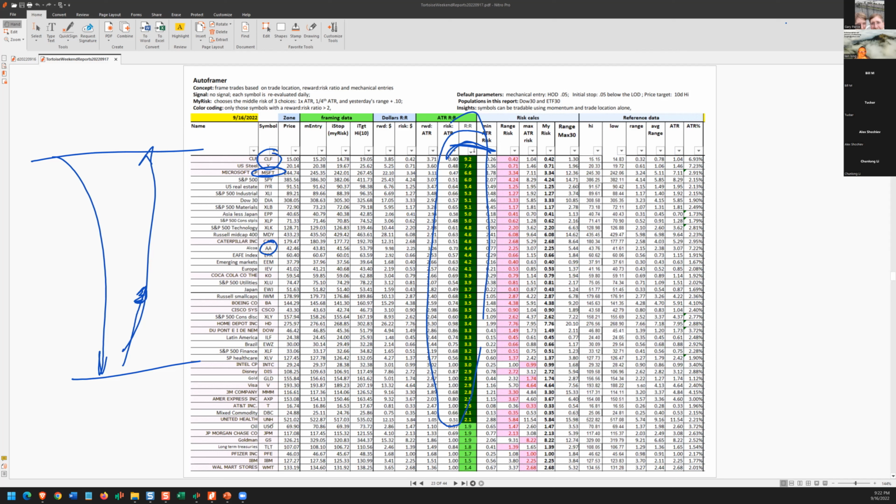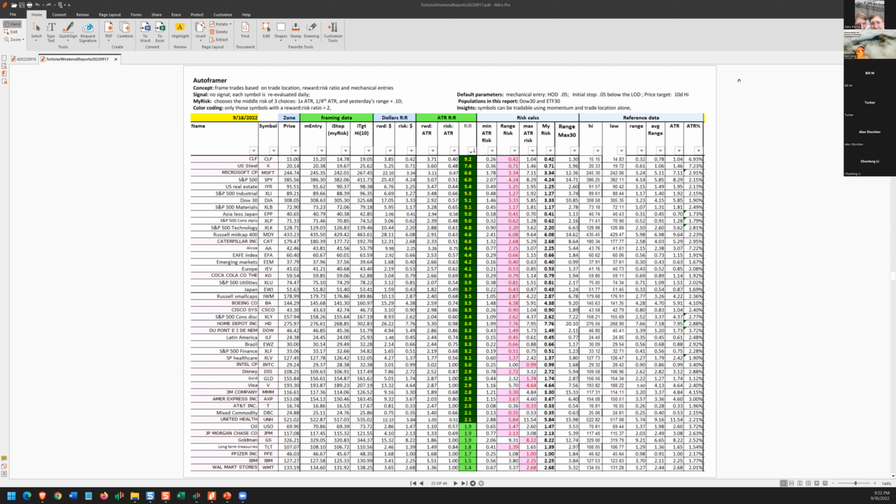Not even close. There's my big indexes. There's the S&P. There's tech, emerging markets, the Russell, Latin America, and Brazil. So this is a buyer's market, and I'd stay in the top 10 right now for intraday trading in either direction. And there's plenty of indexes in there too.